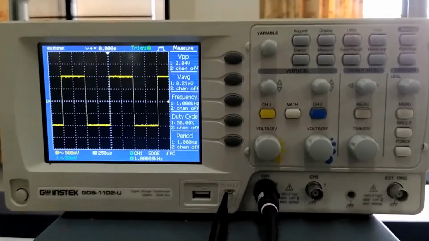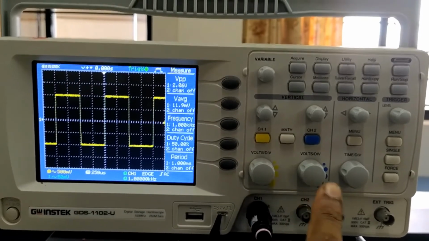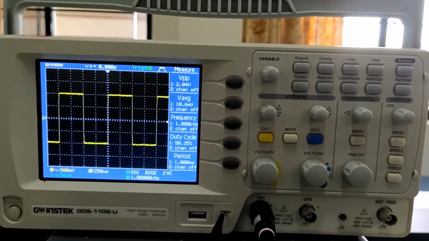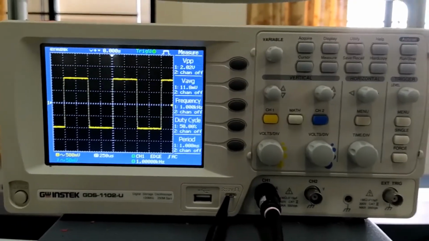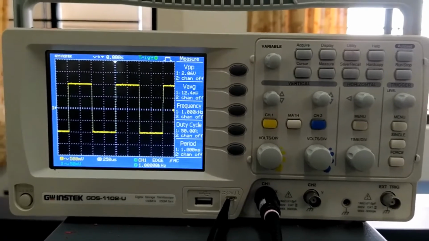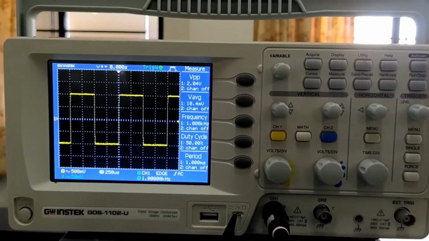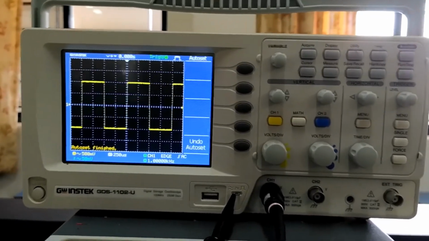And as I said, normally I'll be using these probes. Volts per division probes will be used and time division probes will be used, and I'll be using up and down arrow marks. Along with that, I'll be using measure buttons. Other than that, I'll not be going to touch anything. Until and unless I'm not able to do any settings again, I'll go with the auto set. Once I go with the auto set, everything will be set back to its default value.